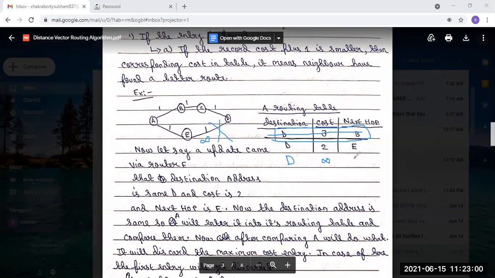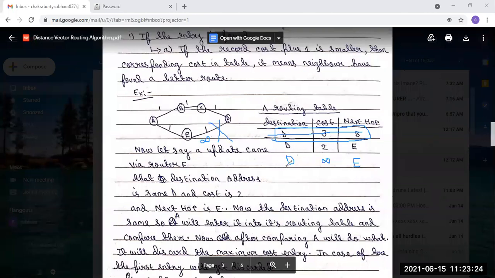And the next hop is also the same. So this new entry will come because E will send this update to A, that between E and D the link has been broken. After breaking, the cost is also gone. That means it is now infinity. So this update will be sent to A.